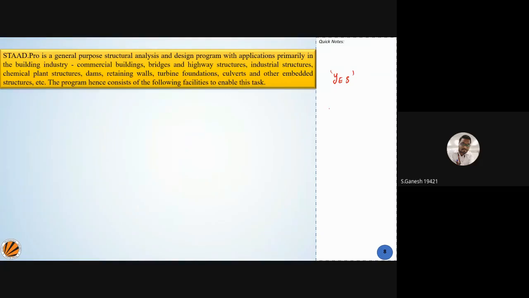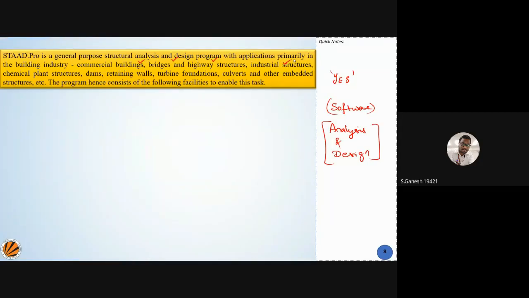As it's a software, you may say it is used for making an analysis and design. Right, so well done. Your answer is right. It is a software used for analysis and design. But for what purpose are you going to do the analysis and design? Yes, you're going to design buildings or bridges or highway structures or any industrial structures, for example, power plants, cooling towers, or industrial cranes.